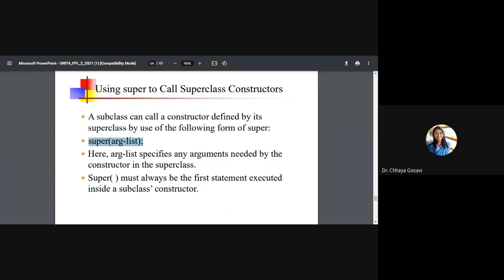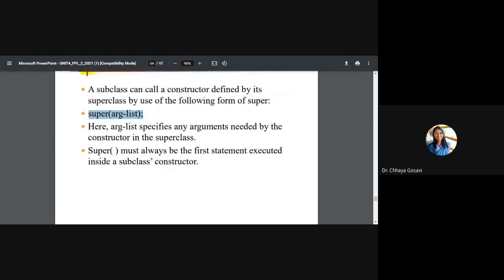We have just called super a, and we passed variable a. Here the argument list is specified by any arguments needed by the constructor in the superclass. Note that in our example we have used only one constructor, but you know that we can overload constructors. We can have any number of constructors with different lists of parameters.